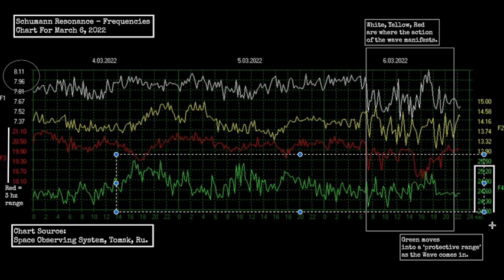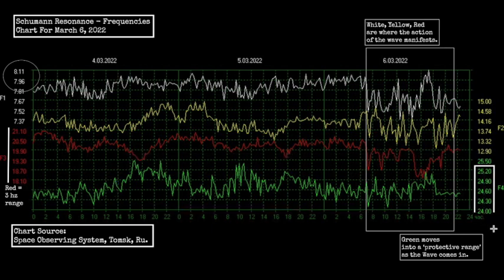We're below 25.2, which is, in my view, a protective range, and I've explained on many other videos why. I want to stick to the topic at hand here, but you can see that the ranges in white, yellow, and especially red were much more contracted. Actually, all of these were contracted. I don't want to explain that right now, but it has to do with the key on the side. All of these were contracted, and then you can see how the wave comes in and it creates really big movement within the frequency range.